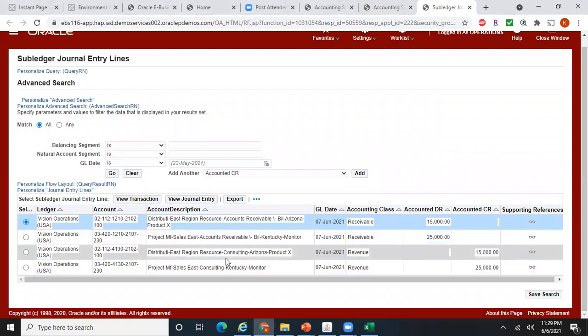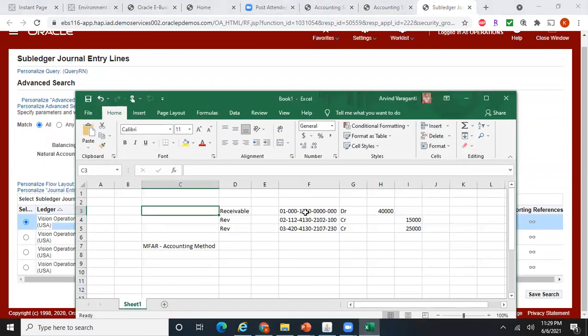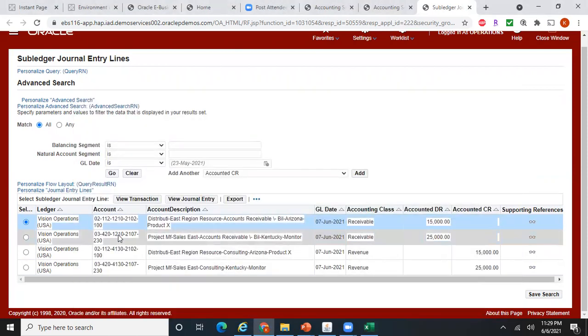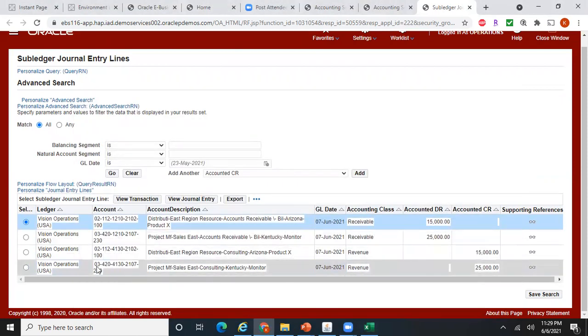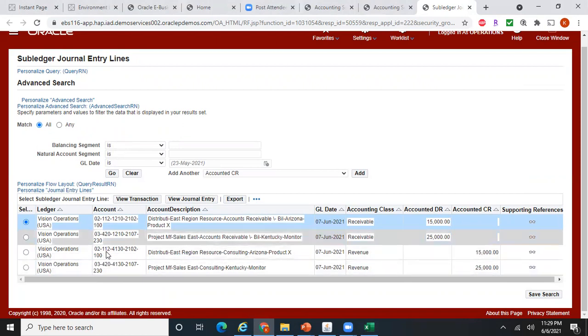So two receivable lines were generated, and if you use the MFAR accounting method, the original national account segment 1210 will be retained and all other segments will be copied from your revenue account. In this case, there are two revenue accounts and hence two receivable accounts were generated.